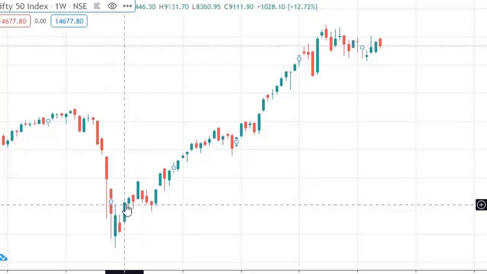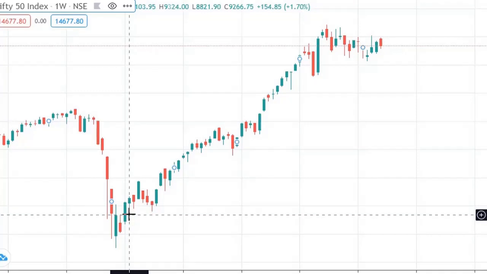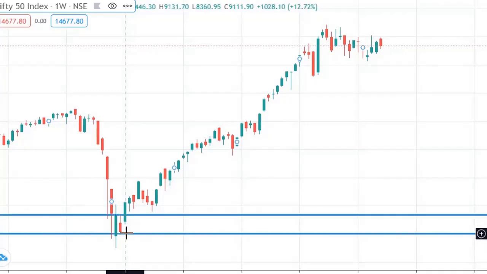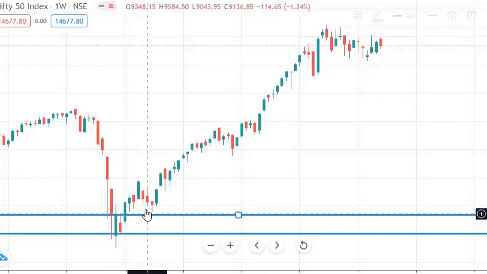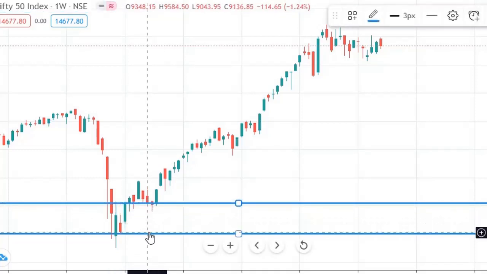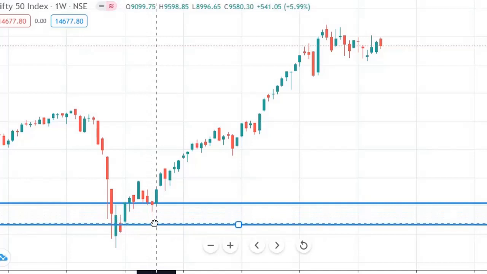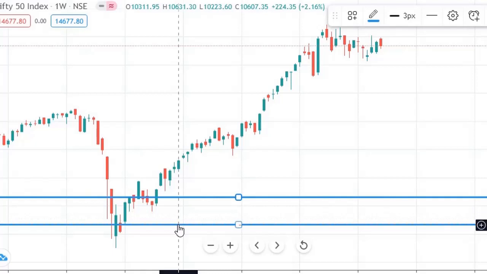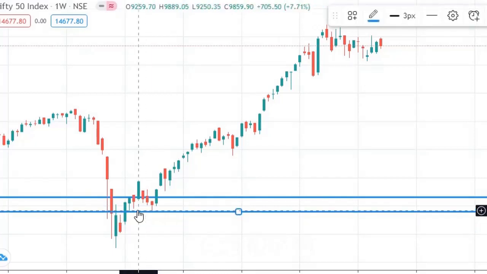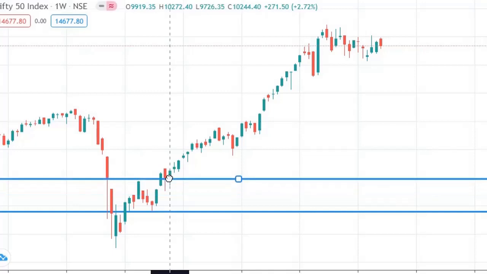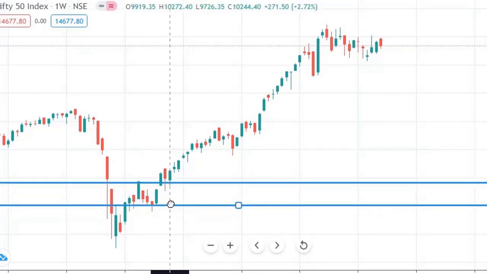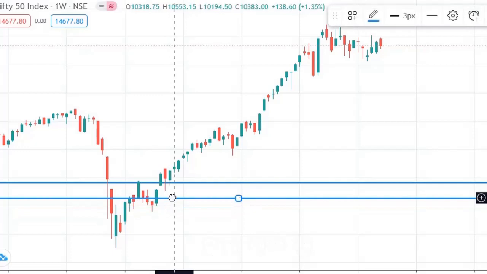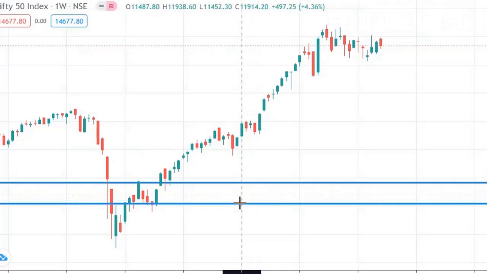Now we will start with this again. So from here we are going to start the analysis. Okay. So green bar closed above it, they are going up. And again green bar close, so we are marking highs and lows. So red candle close, we were positive. This red candle, sorry, green candle, we mark the high and low. Now this red candle broke, so I'm marking the high and low.